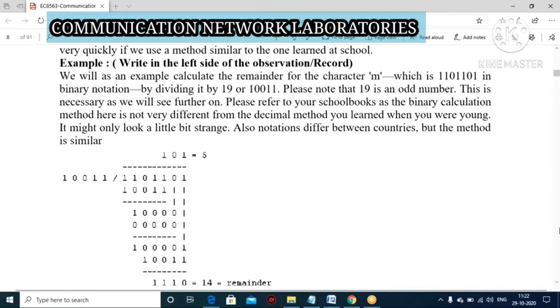The main concept of Java is WORA. WORA means write once, run anywhere. That is the concept. So it means